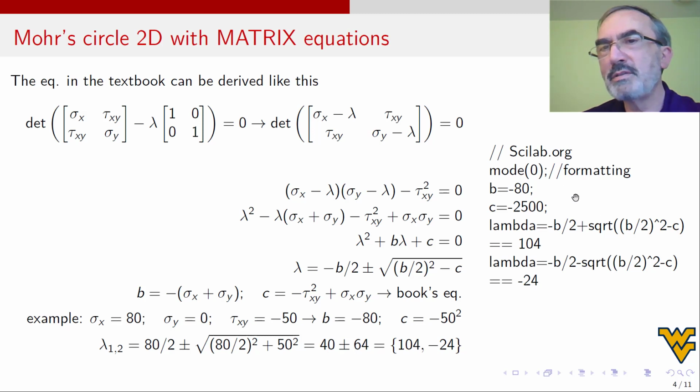And you see now, since I put the mod 0, if you don't put anything here, or you could put a comma, but not semicolon, then it will print 104. If you put semicolon, it won't print anything on the console. So it behaves like MATLAB.